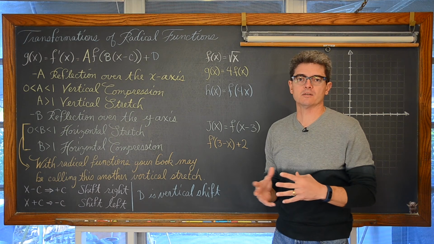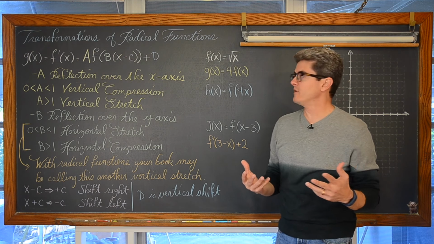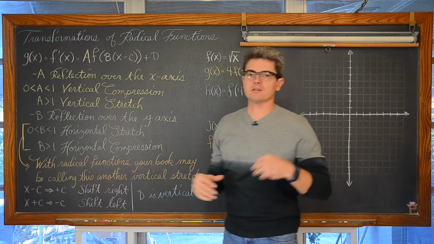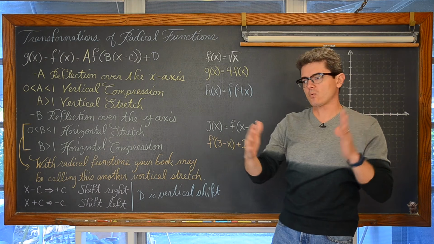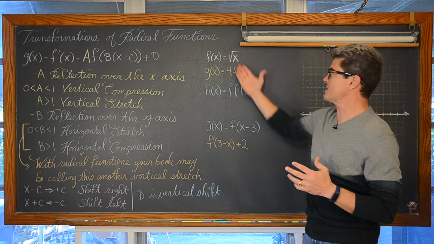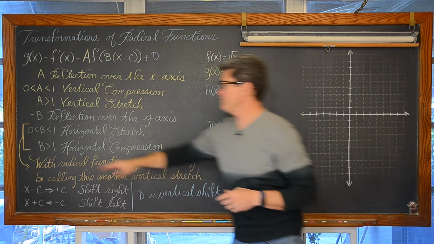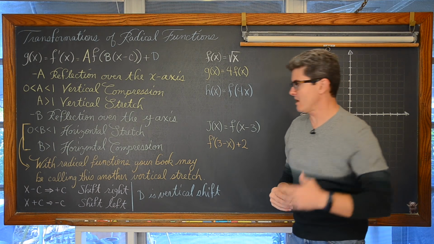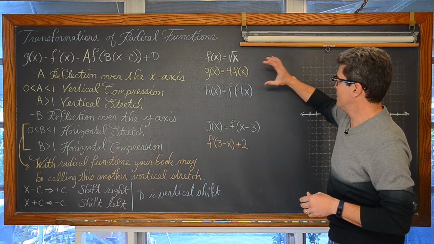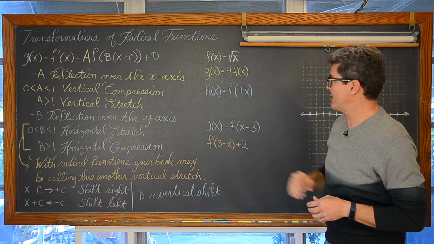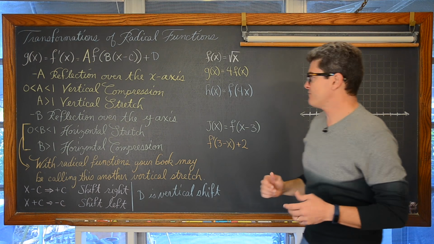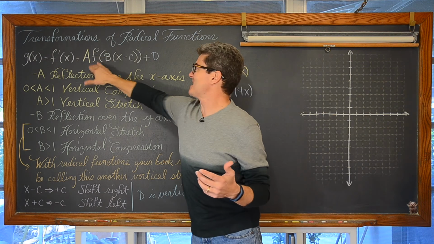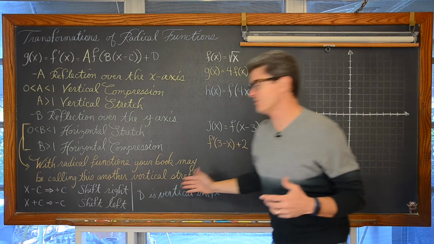It's a little bit misleading, because when you're dealing, say, with trig functions, that multiplication that's inside the main math function, like a sine or a cosine, is always a horizontal compression. It's just the way the math works out with radicals that this value of b can be, in a way, looked at as a different version of a vertical stretch. We'll be talking about that as we go through these two examples here, g of x and h of x. And then, almost finally, if you have a plus or minus inside the main math function, that's going to move the graph either left or right.